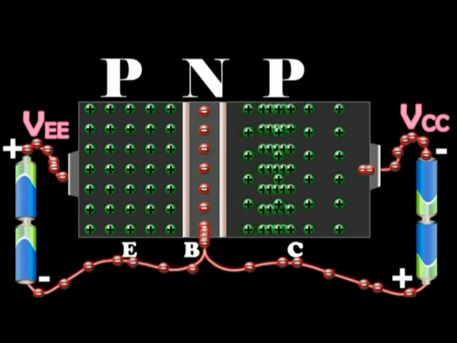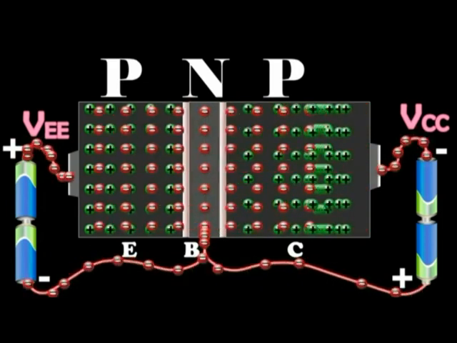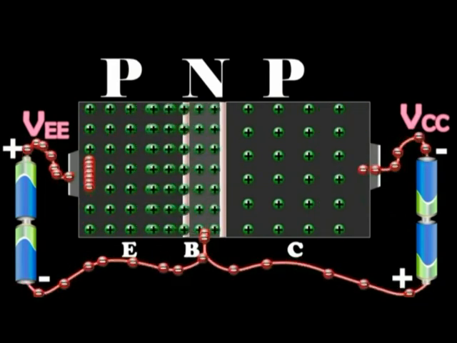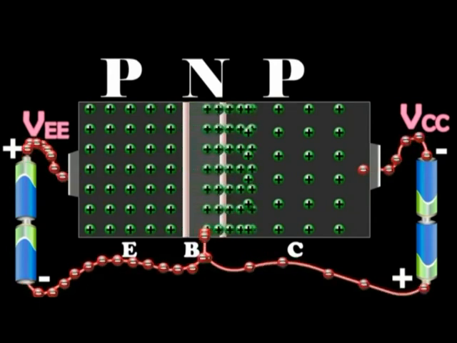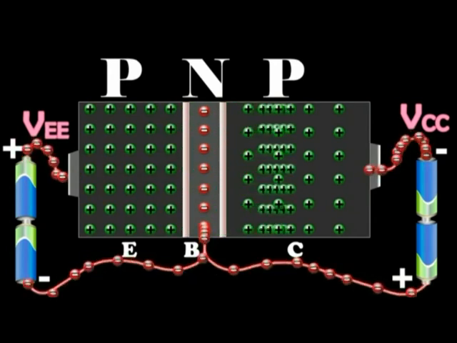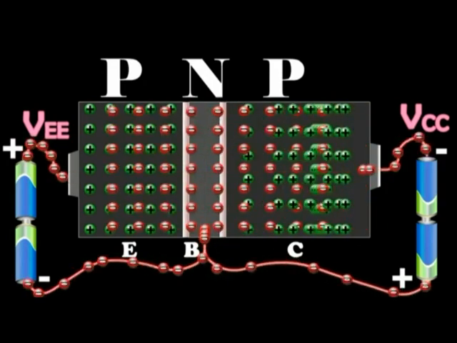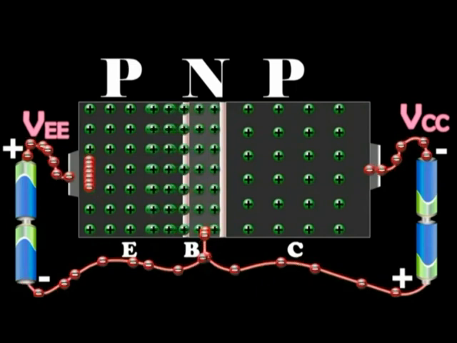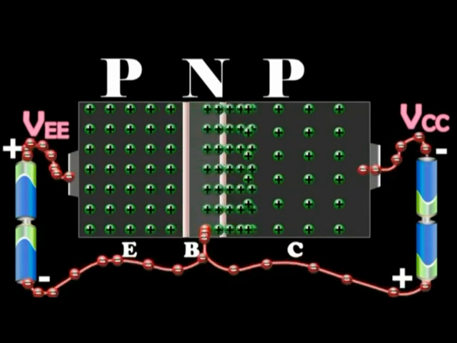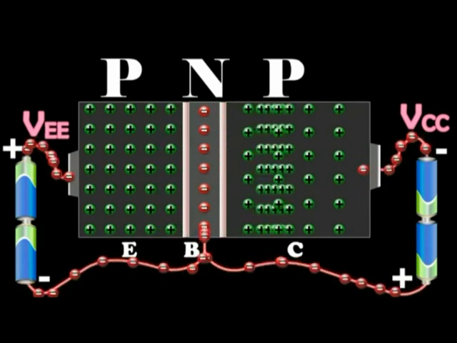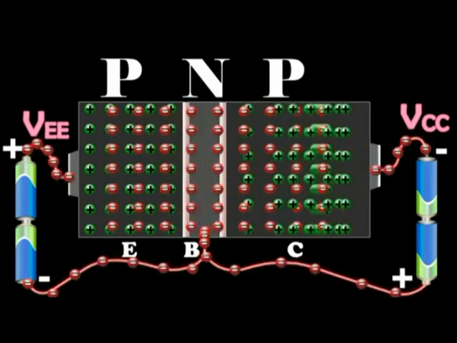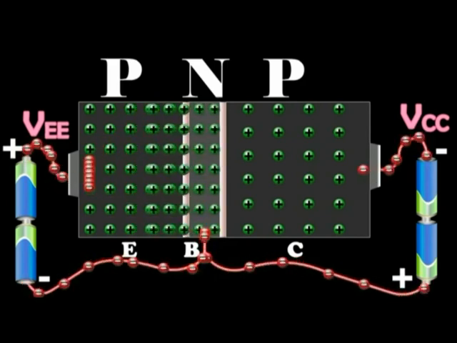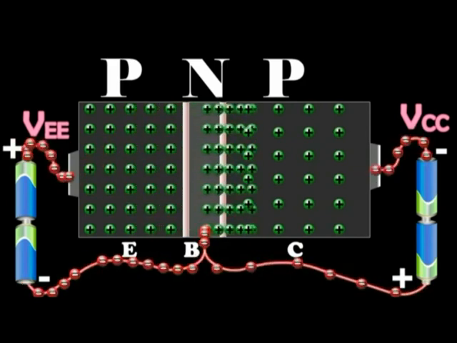The holes diffuse through the base. These holes take a very small time to flow through this region before they reach the depletion region. During this time, a very small number of holes recombine with an equal number of electrons in the base. Because the base is lightly doped and very thin, this number is very small. The loss of the total number of electrons per second is made up by the flow of an equal number of electrons from the negative terminal of